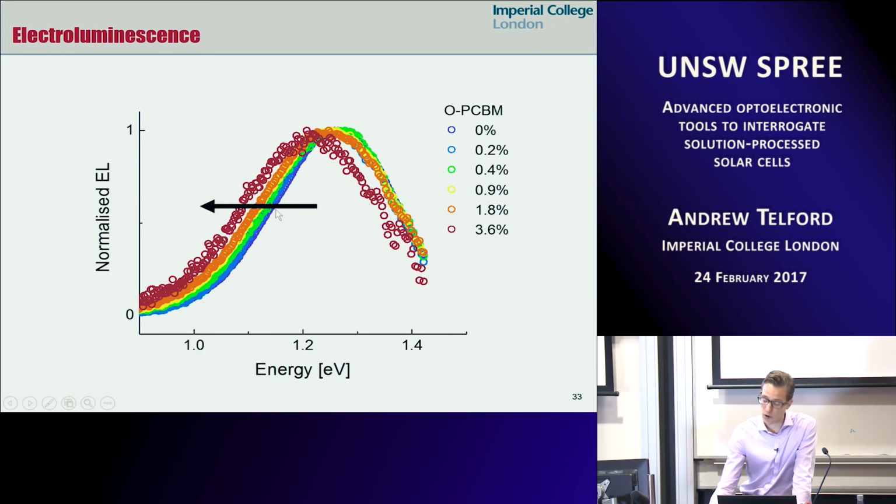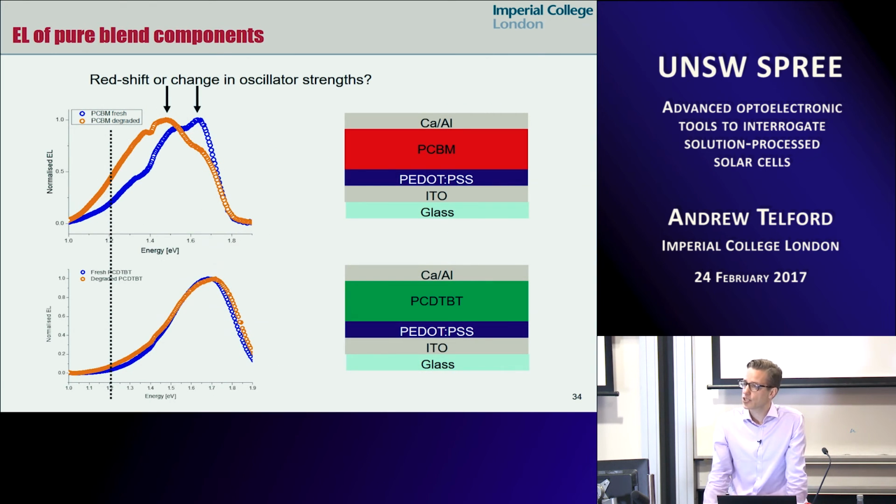Now, this is normalized electroluminescence, so you don't see the change in magnitude. Of course, the intensity of the light that comes out gets smaller and smaller as you oxidize the material, which is an indication of what's happening to the different recombination mechanisms. Also, if we do electroluminescence on just the PCBM, so no PCDTBT in this device here, we see not quite a red shift as you oxidize it, but rather perhaps a difference in the oscillator strengths of various transitions. So we're not quite sure yet what's happening